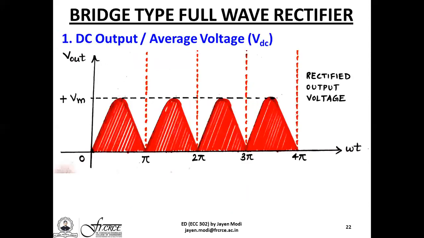The first part is the DC output or the DC average voltage VDC. Looking at the output graph or the output signal waveforms, this is nothing but pulsating DC. Although the graph is obtained in the positive quadrant, it is not perfectly DC because the output will reach the peak values and then fall back to 0. The peak value is nothing but Vm. Vm was the maximum or the peak value of the voltage.